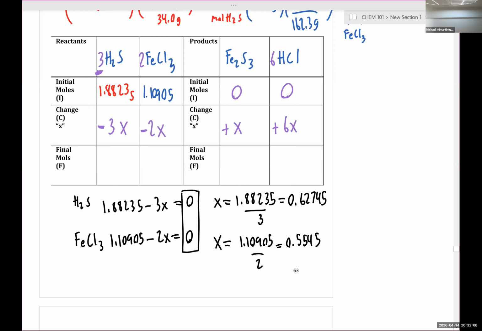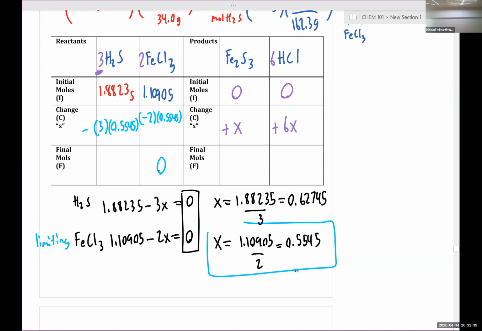Sorry for that interruption. Yep, so we've identified our iron 3 chloride as limiting, and now we're going to plug in this value of x in all of our expressions. So we'd have 3 times 0.5545 for our change expression. For iron 3 chloride, we have 2 times 0.5545, and we're going to end up with 0 moles of iron 3 chloride in the end because it is